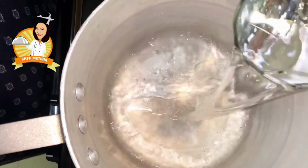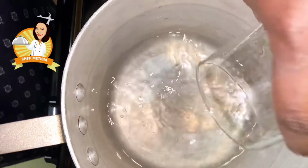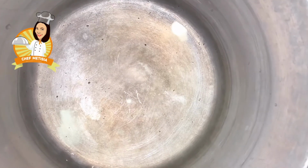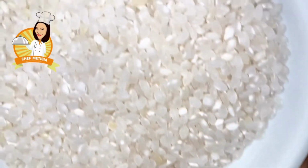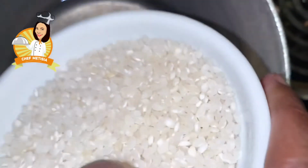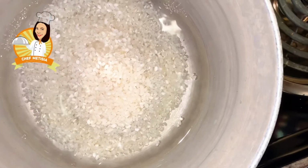Now I want to start adding my liquid to my pot. So for this one, it's going to be 2 cups of water. I can use broth if I want to, but for this example, we're just going to use water. Now I want to go ahead and add my short grain to it. I've already measured out 1 cup, as you see here. I'm going to pour it inside, and just as I did with the long grain rice, with the short grain,